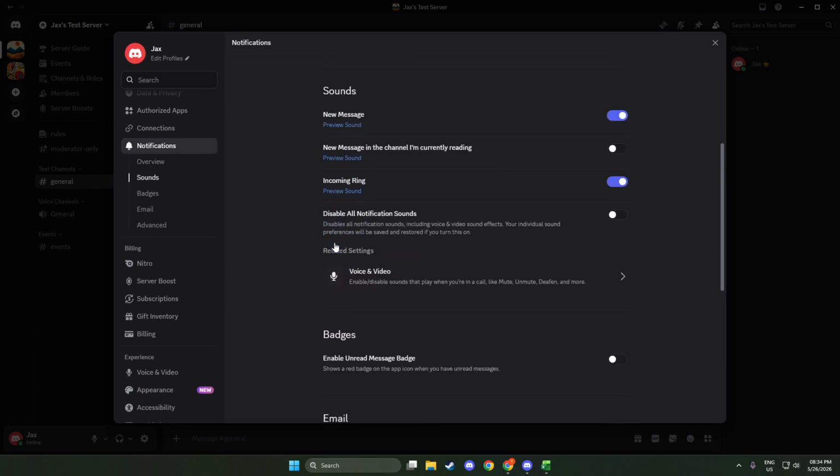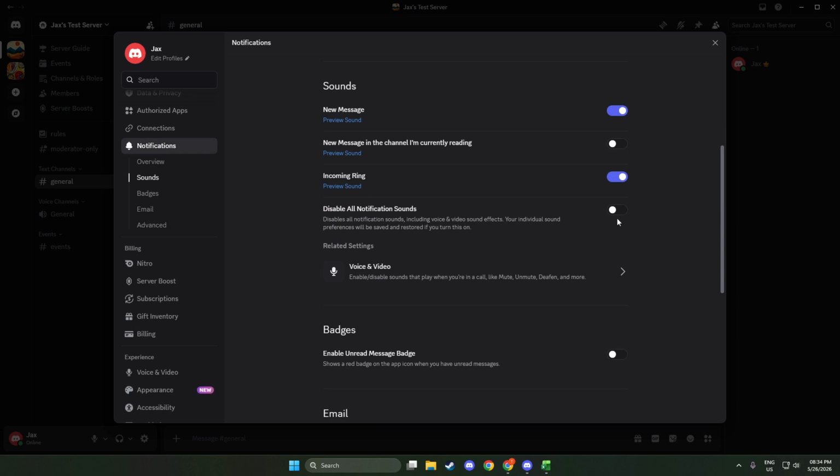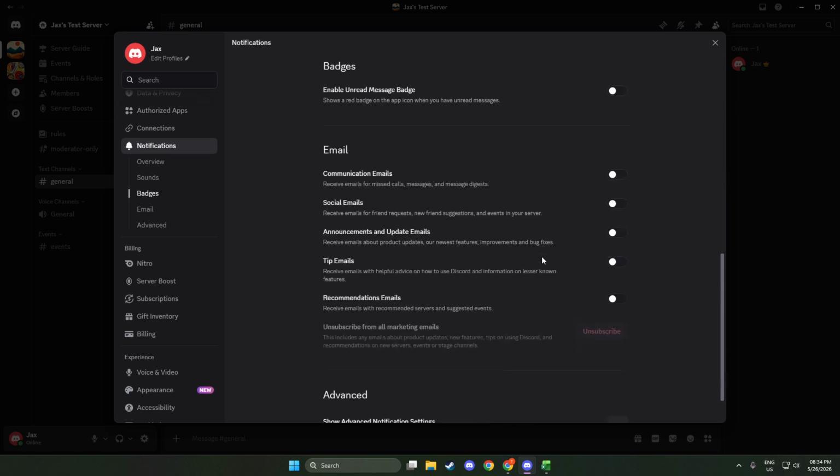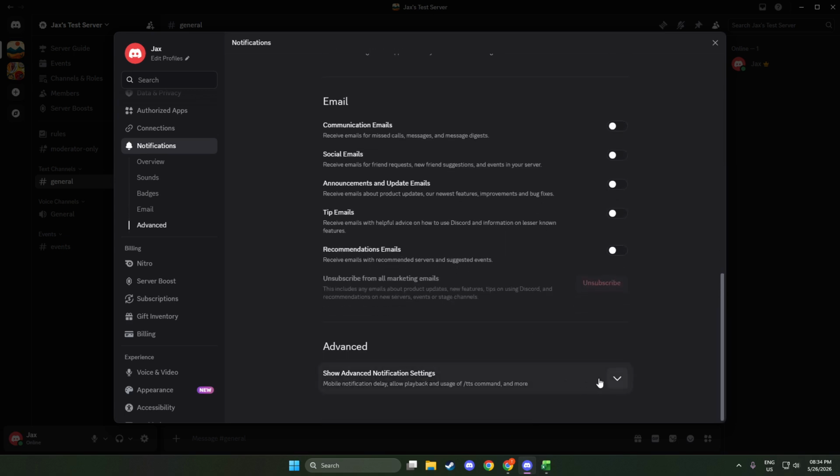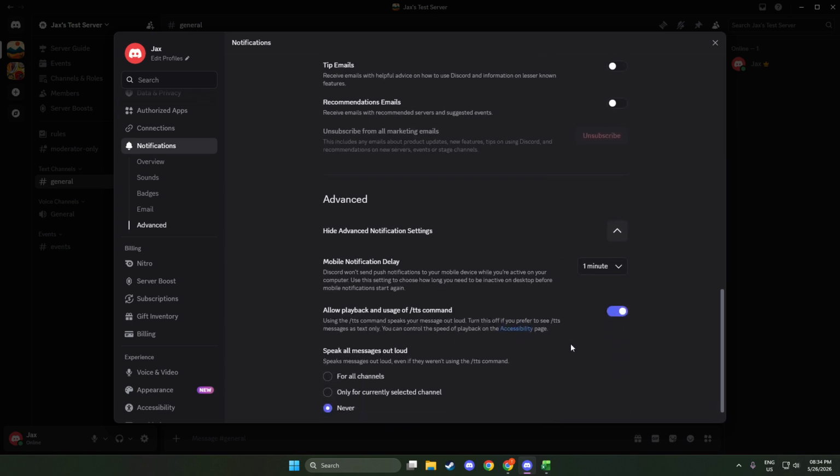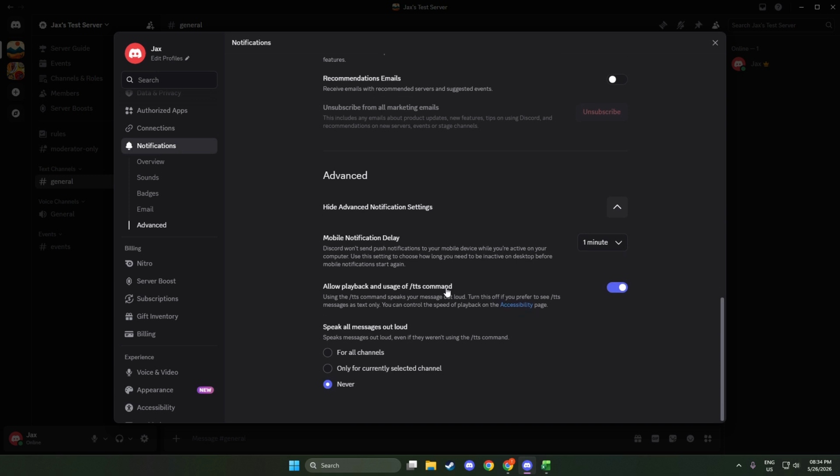To turn them off, switch the status notifications option to the off position. When the toggle is off, Discord will stop sending those status-related alerts. There's no save button required here. Your change takes effect immediately. If the toggle looks grayed out or moved to the left, you're all set.